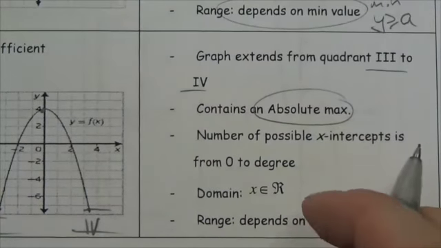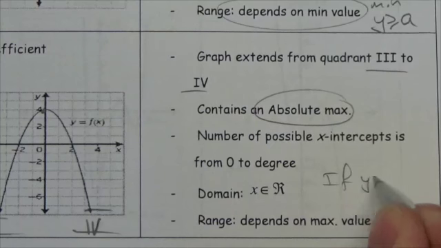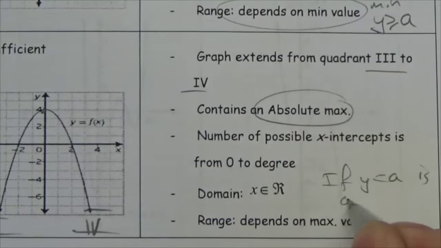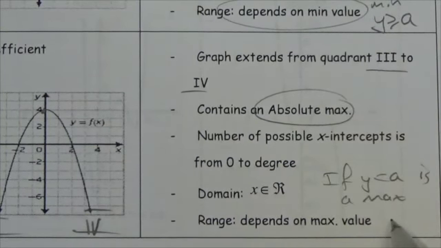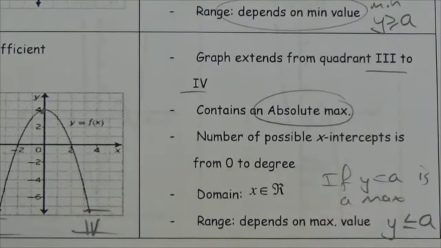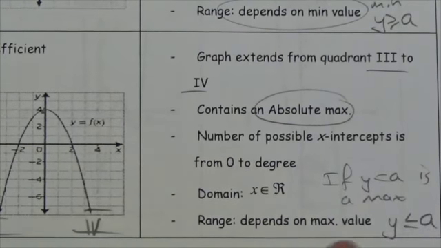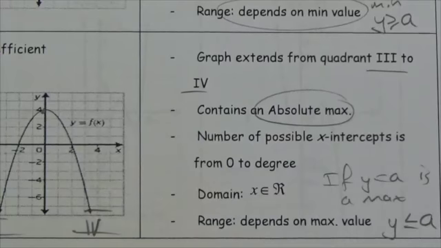And then here again, let's say that my maximum value, so let's say y equal to a is a max. Then my range is going to be less than or equal to a. Whatever that maximum turns out to be, that's what my range is going to look like. So it depends on the graph to a large degree. Anyway, those are the properties that you have to be considering when you think about a positive or negative even